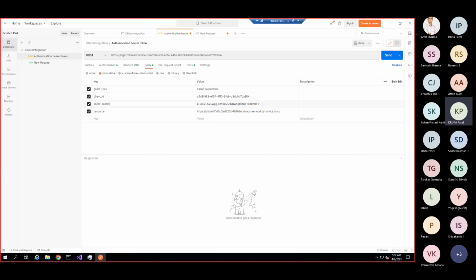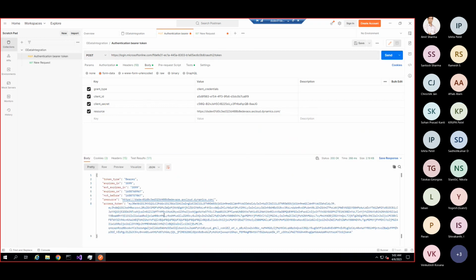So let me just pass it. And the resource is nothing but the D365 URL. Now we just need to click on send. So you can see here the access token is getting generated.